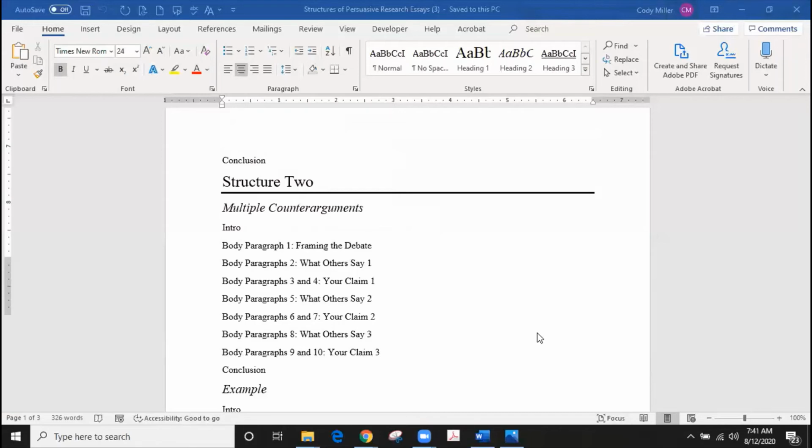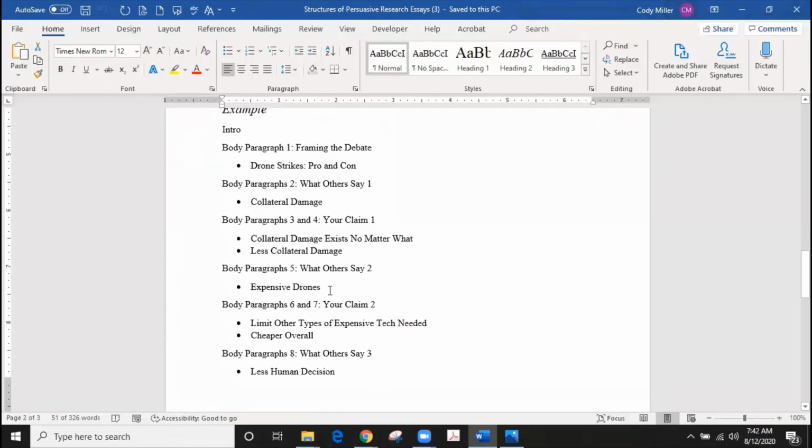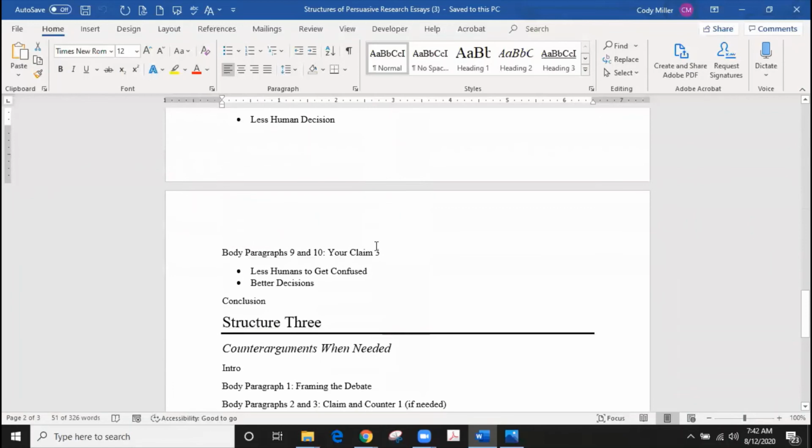And you continue that structure forward, and what you'll notice is that you are spending more time on your own claim because body paragraph 2 is what others say, right, about topic 1, and then body paragraph 3 and body paragraph 4 is your claim. So you are giving credit to the other side, but ultimately refuting what they're saying and providing evidence for your own claim at the same time. But please note that each one of these body paragraphs does need sources because it is a research paper that you're engaging in. And there is an example for that structure as well, if you would like to follow along with that.